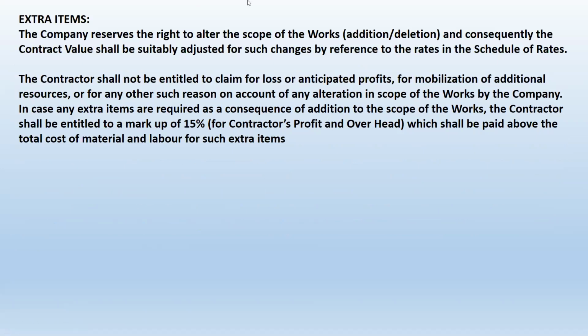Extra items. Whenever there is a project, a lot of additions and deletions are bound to happen in the project items. That is bound to create extra items. See, on contract, how are you going to pay the extra items? You have to be very clear, stating that the extra items should be material plus 15%, that is the contractor's overhead. That is according to your company management decisions. And who is the approving authority of the extra items? That also has to be